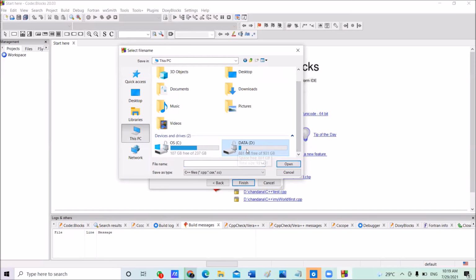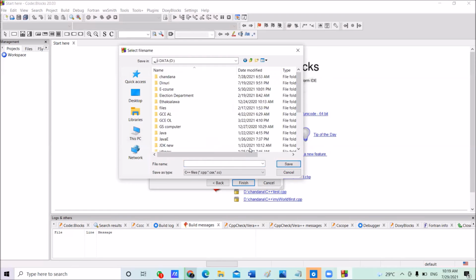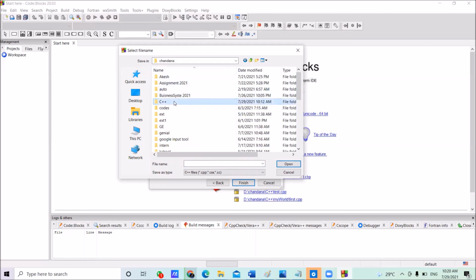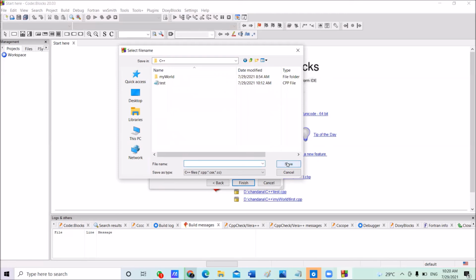I am going to use D. In the D drive there is a separate folder, where I am using my name. Inside this folder there is another subfolder called C++. This is the folder I am going to use to save my C++ programs, so I select this one. Click on the C++ folder and click Open here.